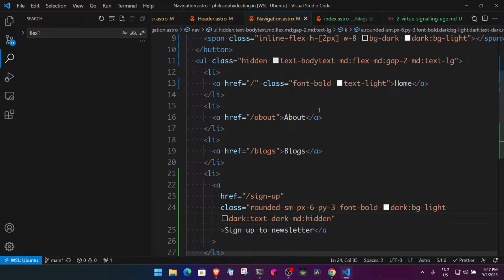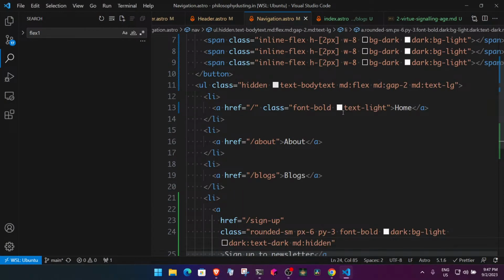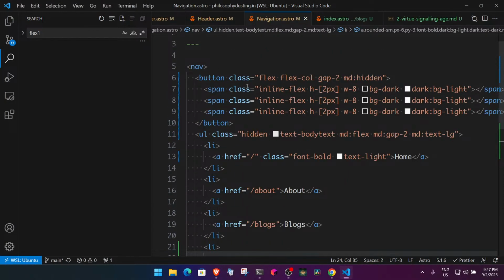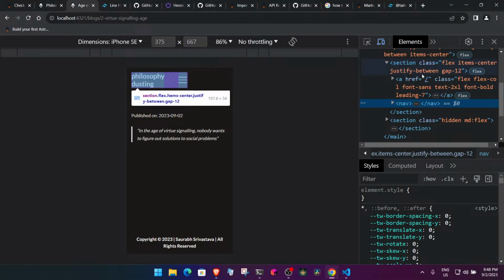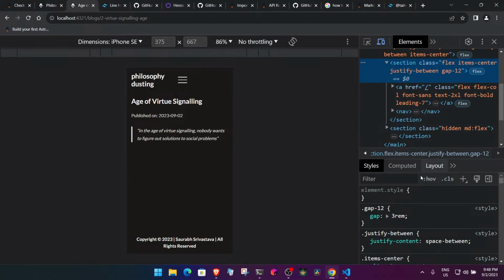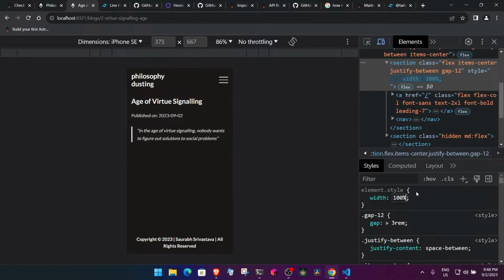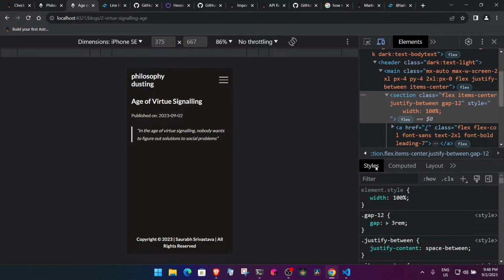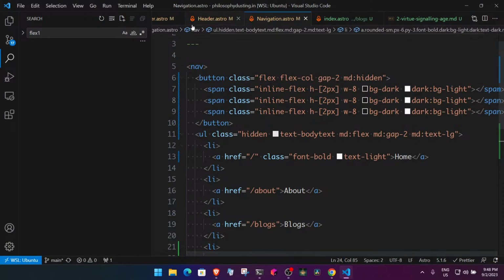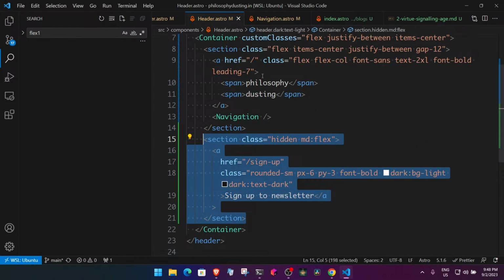Okay. Basically, I would have to have this navigation, I mean this section as width of 100%. So this is the first section after that. So in this header, this section